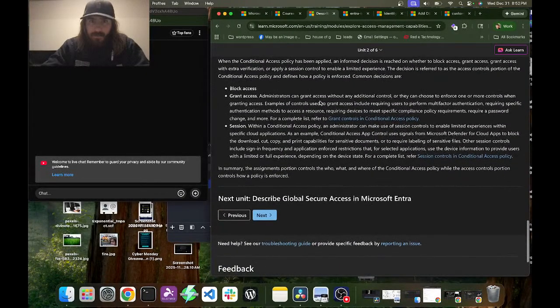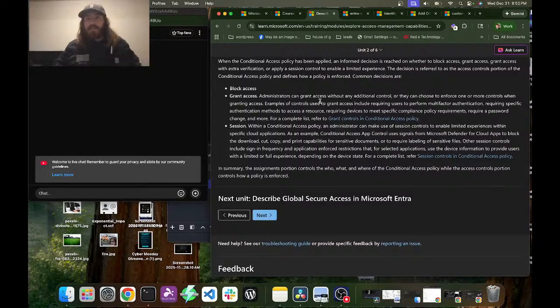Access controls. When the conditional access policy has been applied, an informed decision is reached on whether to block access, grant access with extra verification, or apply session control to enable a limited experience. The decision is referred to as the access controls portion of the conditional access policy and defines how a policy is enforced. Common decisions are block access, grant access.